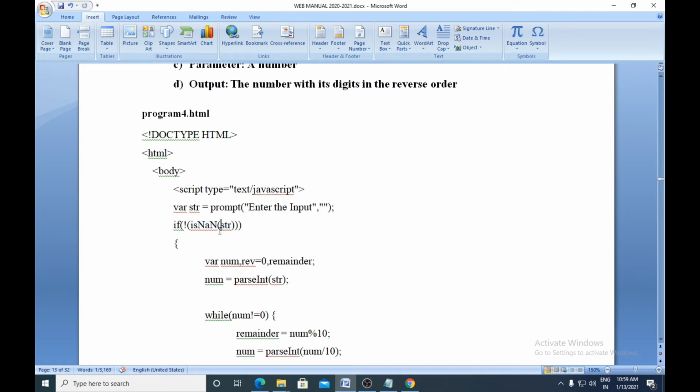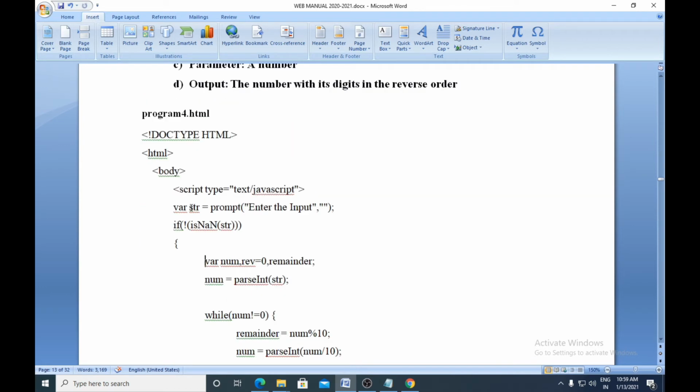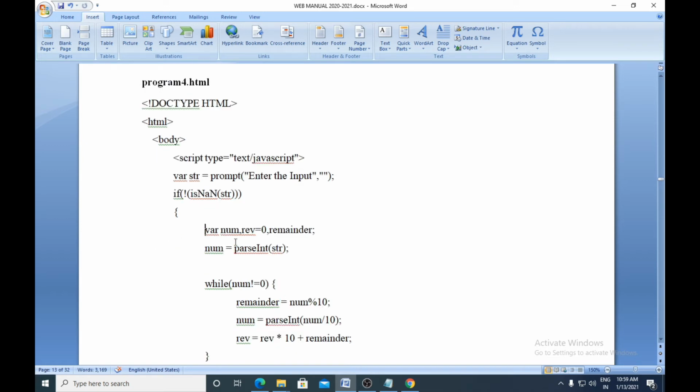Now what I have given in str is a number, so this condition fails, as it is a number. So we skip the not-a-number branch and go inside the else part, and the number is sitting within the variable str.